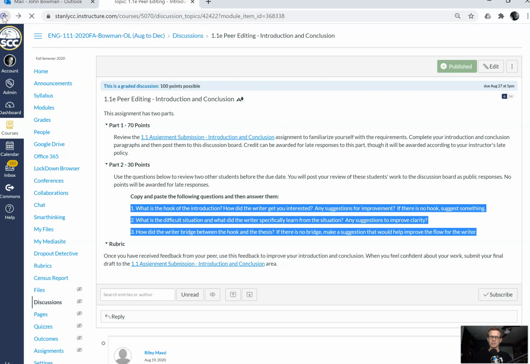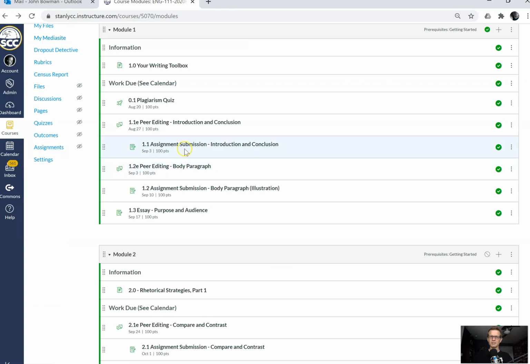And then after you get done with that, again, just as a quick reminder, you do the E assignments first. That's why they're on top. And then you hand in your final draft to me, and then I grade that final draft. That's where I give you feedback. It's worth noting, reminding you again, I grade for grammar and spelling and punctuation and all of that business on the final submission to me. This is, you handed it in and you responded using the questions to other people. That's where you're getting your grade there. I might give you a little bit of feedback, especially if nobody else gives you any feedback. I will definitely give you more detailed feedback on this assignment. I will make sure that this assignment is useful to you.